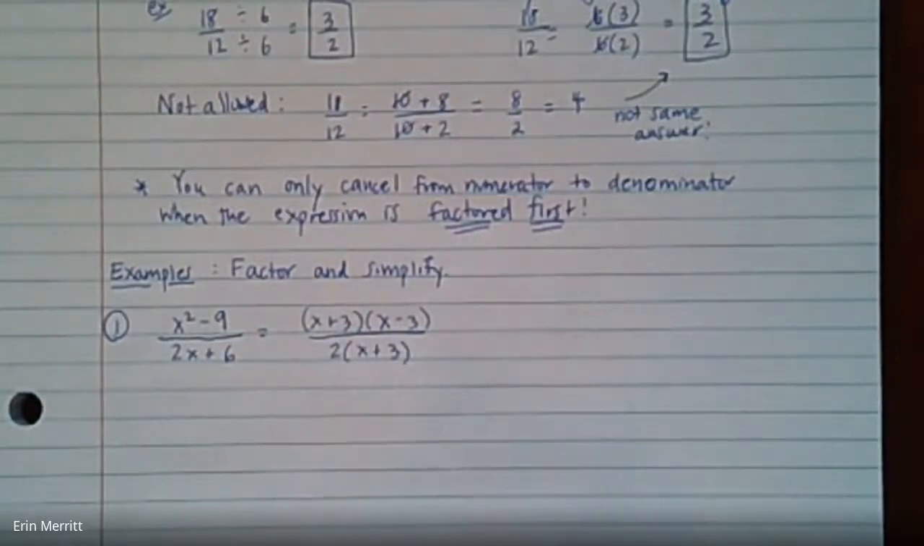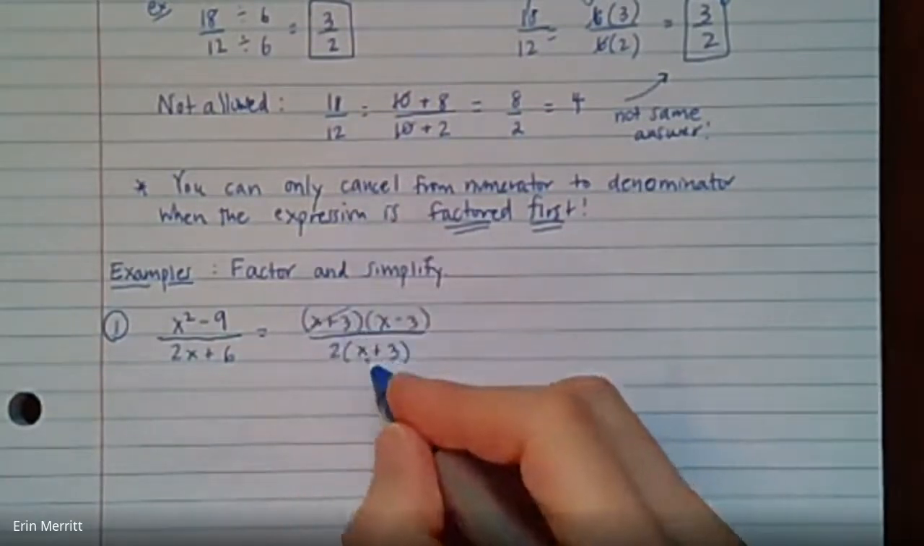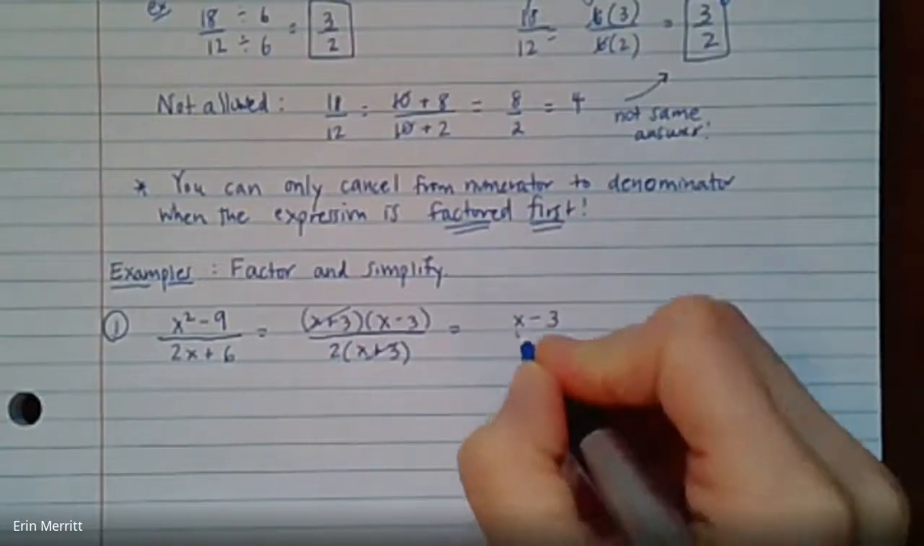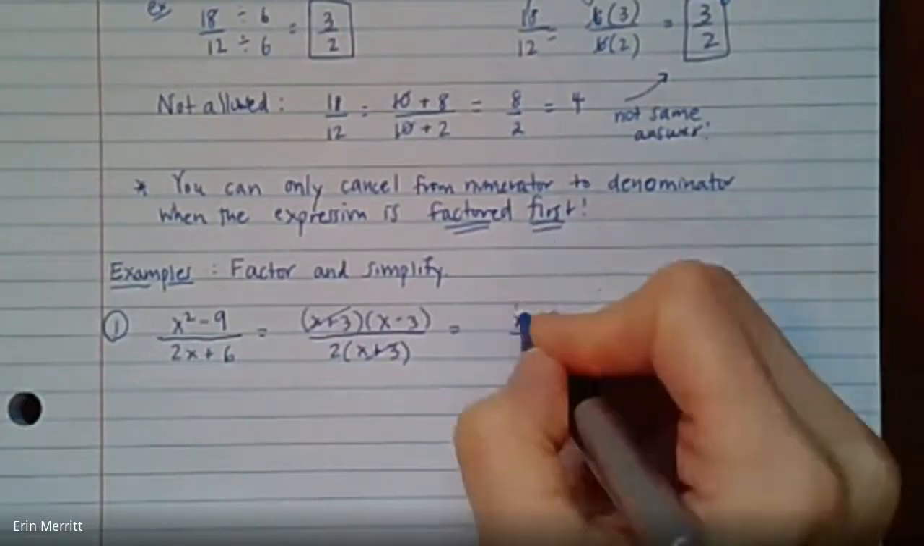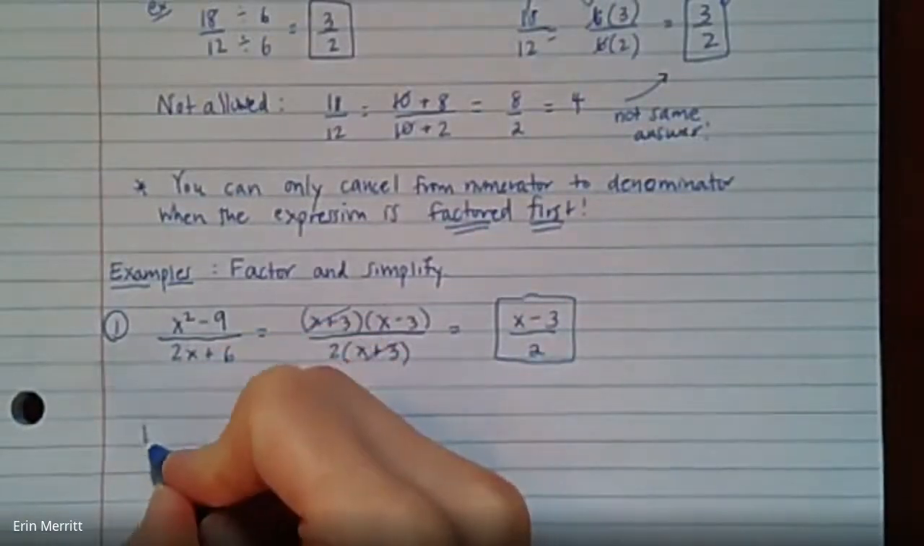And then once you have it into factored form, any common factor from top to bottom can be essentially divided out or simplified out. And then what we're left with is x minus 3 over 2. That's it. Nice and easy. All right. So as a little reminder,